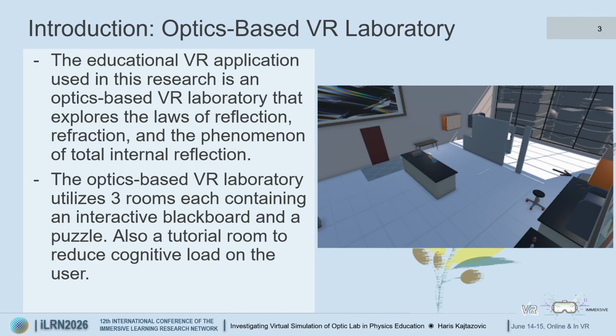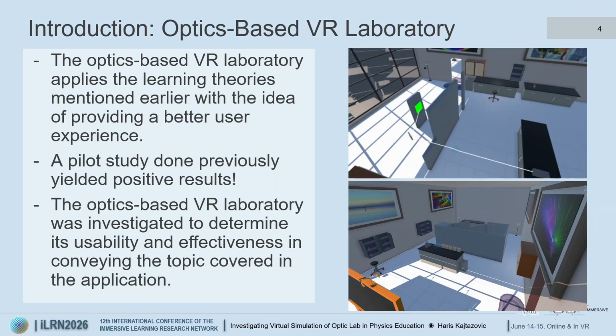The optics-based VR laboratory utilizes 3 rooms, each containing an interactive blackboard where the user would get their educational content from, and a puzzle so that they can apply what they just learned to a practical problem. There's also a tutorial room that helps reduce cognitive load on the user, providing them a space to learn the VR mechanics. The optics-based VR laboratory applies the learning theories mentioned earlier with the idea of providing a better user